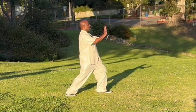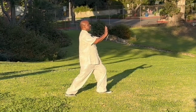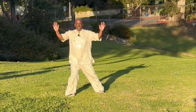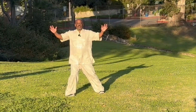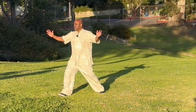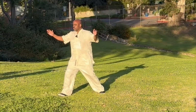Let's go ahead and get started and look at the movement of cross hands step by step. We're coming out of apparent close-up, and we're going to turn the body a full 90 degrees clockwise and pivot the left foot on the heel 90 degrees clockwise as we open the arms palm forward. Then we are going to pivot out on the right foot 45 degrees as the body turns slightly more to the right. And then we're going to retract,